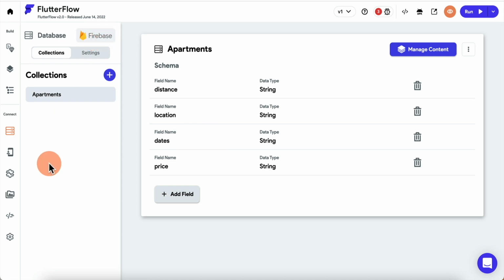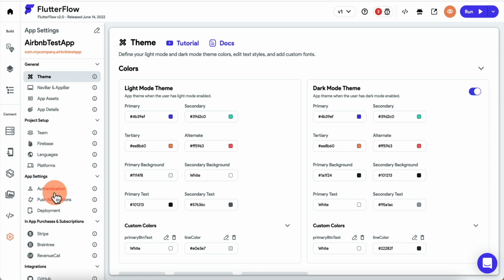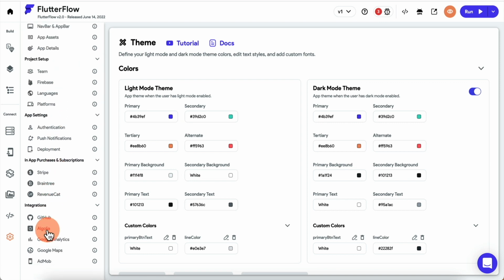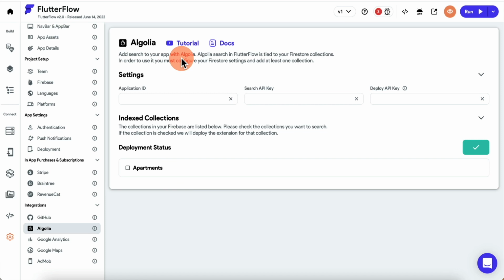So we have Firebase. Another thing that we have, if you go here into settings, is Algolia. So what is Algolia? Algolia is a way to make your app searchable. It allows you to create essentially a search engine. So whether you want to build the next Google, or you're building an e-commerce store that requires search, or any kind of situation where your app requires very, very fast search,